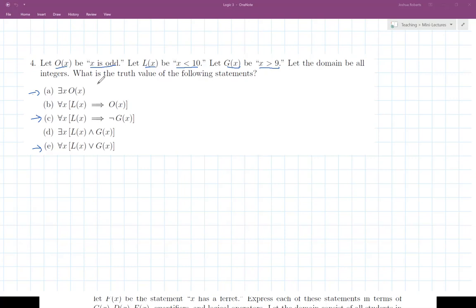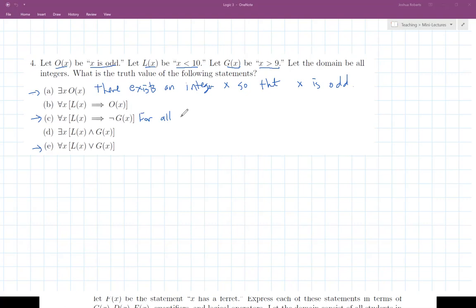So part A says there exists an integer x so that O of x. Well, O of x says x is odd. Well, I tell you what I'm going to do. I'm going to write all of them out in English first, and then we're going to come back and analyze them. The second one says